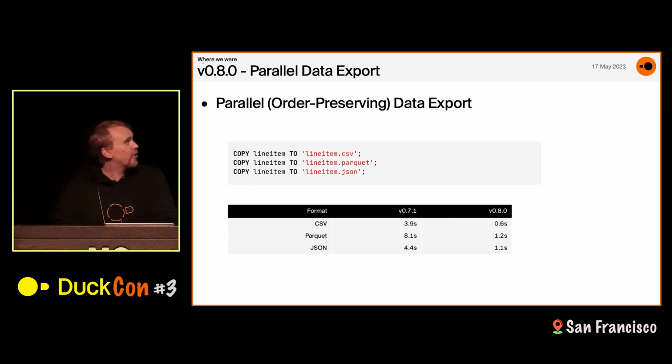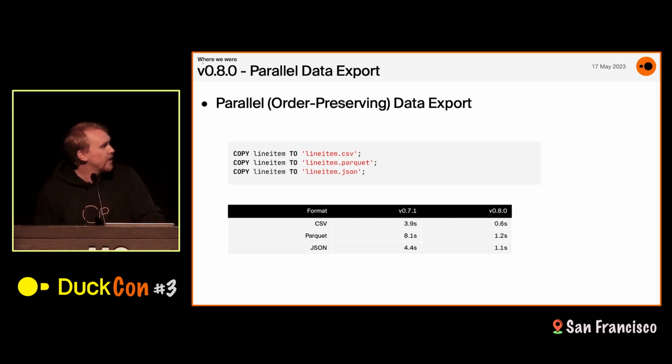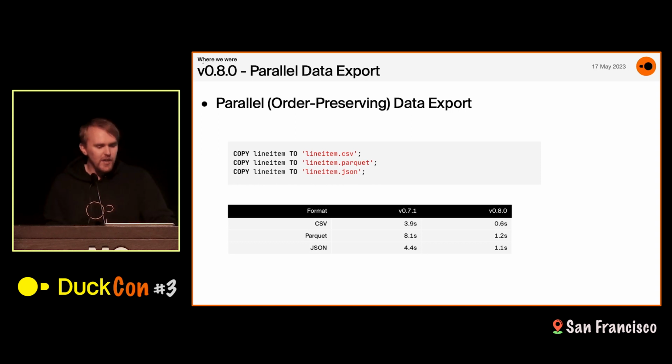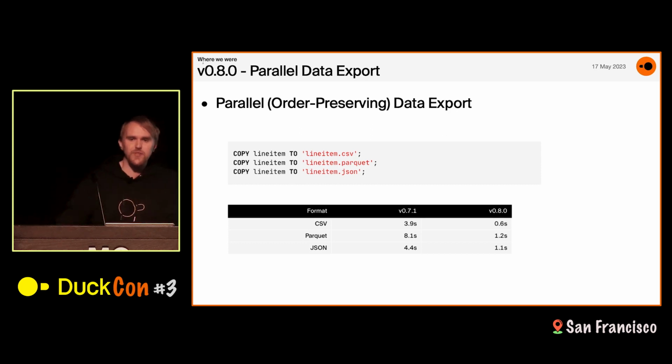We've also worked quite hard on parallel data export. In version 0.7, we added parallel data export for non-order preserving data. The order preserving thing is something I had alluded to before with the row positions, right? Because we try to preserve the order, there is some added complication when you try to write things out to a CSV, to a Parquet, or to a JSON file. That has arrived in version 0.8 as well: we can do parallel writes to these formats while preserving the insertion order, the order that we ingested in.